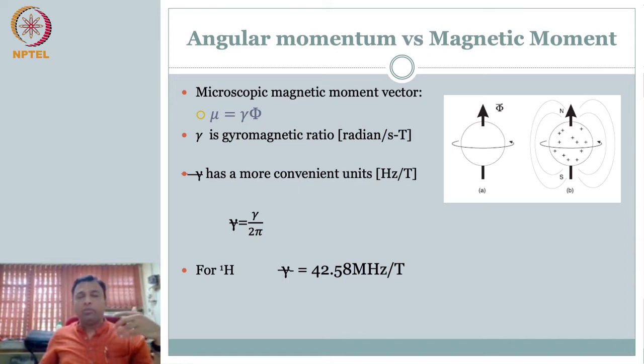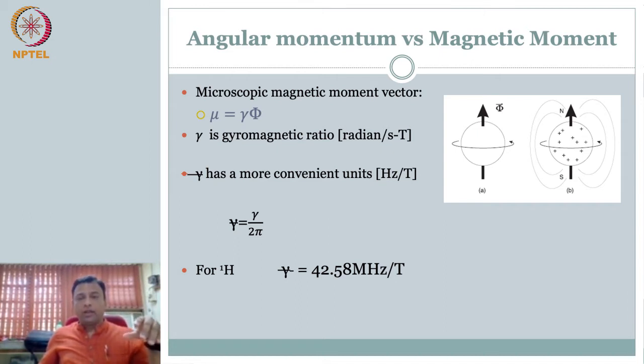You would have heard this probably when they talk about MRI, or this scanner in this hospital is 1.5 Tesla, this is half a Tesla, this is 3 Tesla. So you would have heard Tesla before. Of course, if you divide by 2 pi, you can convert radians per second to just hertz, so you get the more convenient notation of hertz per Tesla. What is of interest to us is that there is a list of values given for different nuclei in the textbook. You can see the table.